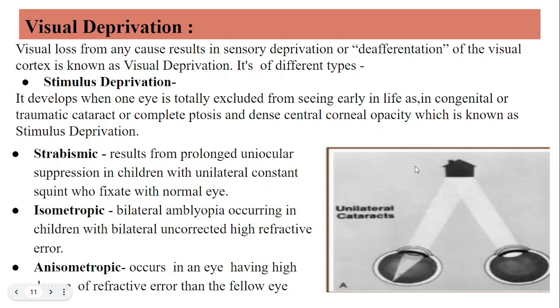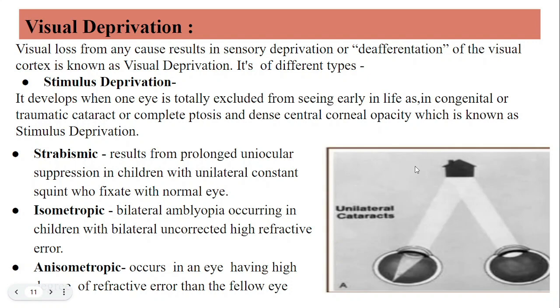congenital and acquired conditions that block or impede light transmission to the eye. This can result in the development of amblyopia, a condition in which the visual acuity of the affected eye is reduced. Strabismic amblyopia occurs in children with unilateral constant squint, in which one eye is suppressed due to prolonged diplopia. This can lead to a reduction in the visual acuity of the affected eye, as well as impaired binocular vision